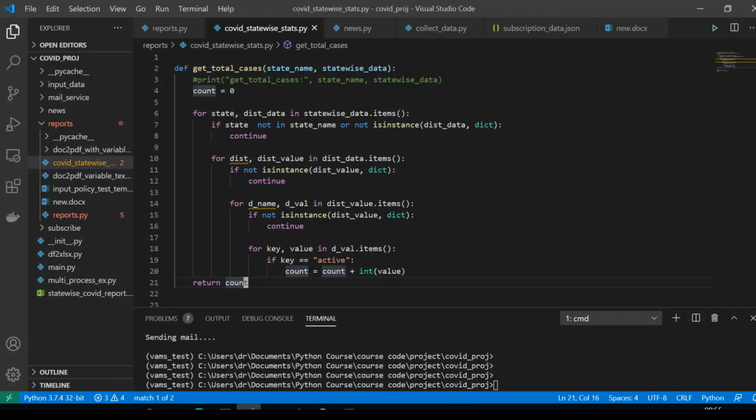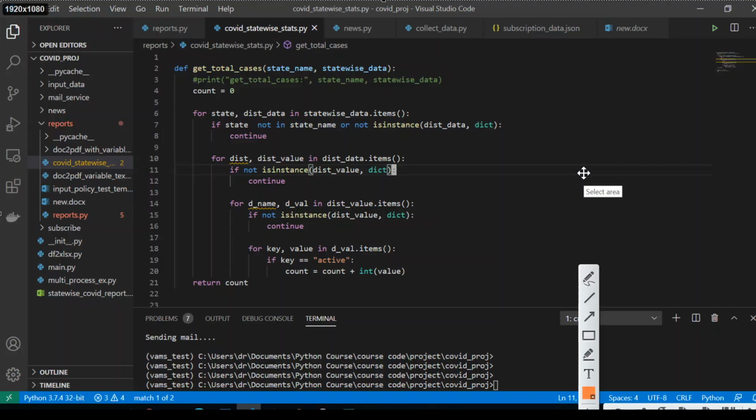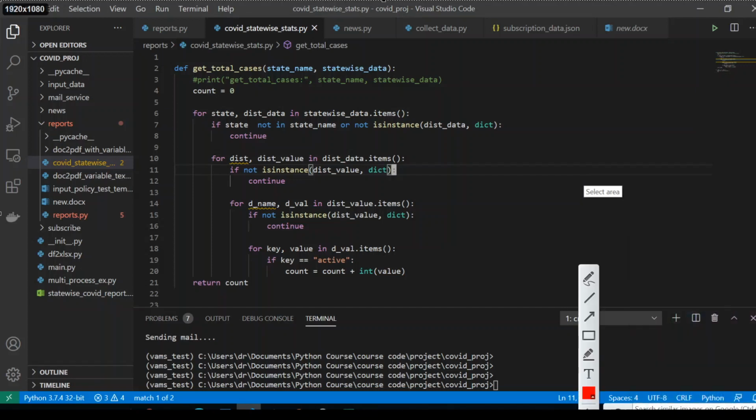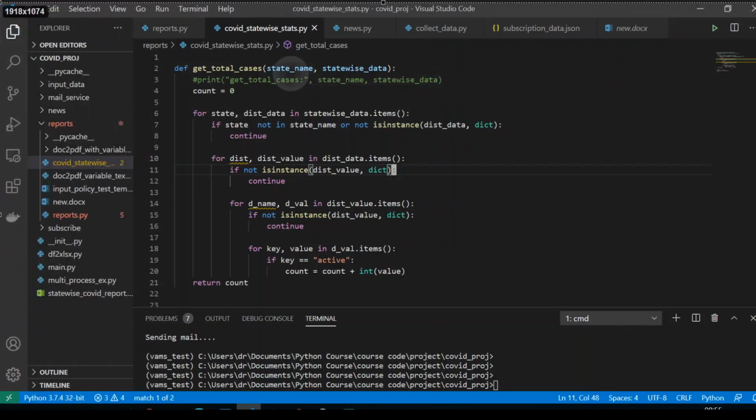So let us try to understand this particular code. Let us walk through it. Let me draw here. This is the function name. This is the state name that is being used.